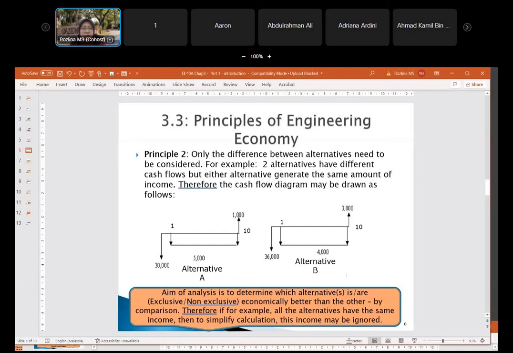is to determine which alternative is economically better than the other. That means you are comparing the relativeness. Do you understand what is the relativeness? You have A, you have B. So the relativeness, maybe A, okay, let's say A,